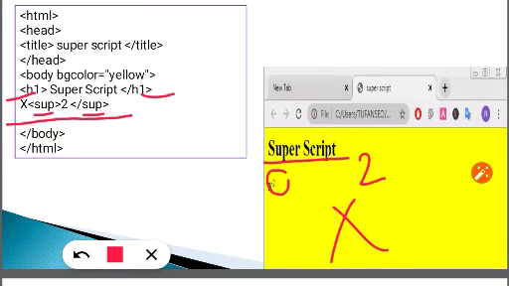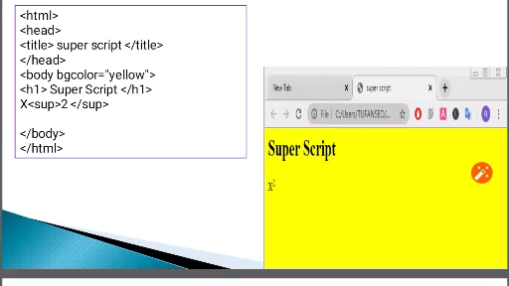Got it? And then we will close our body and HTML. So in this way we have got x square. I hope the superscript is clear to you all.